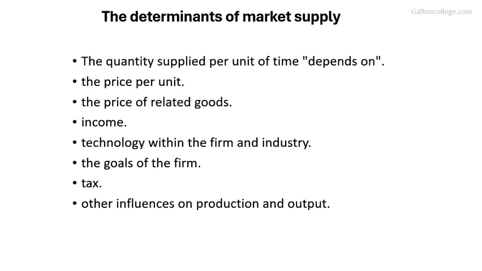There are other influences on production and output which I'm not listing here. For example, if you're a farmer, the output of your farm might depend on the weather. Possible. There are all sorts of other influences. We always have this in economics. We say there are other things that we can't think of at the moment, but there are loads of other things. And we say, well, if that's the case, there they are. So we'll just say other things. And depending on which market you're looking at, you can imagine other things as well.